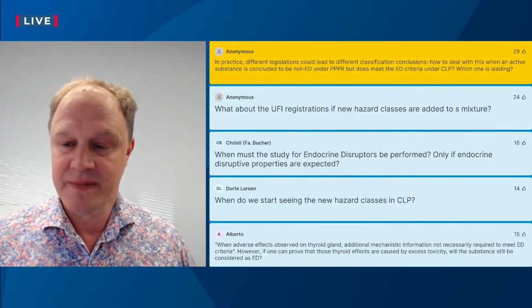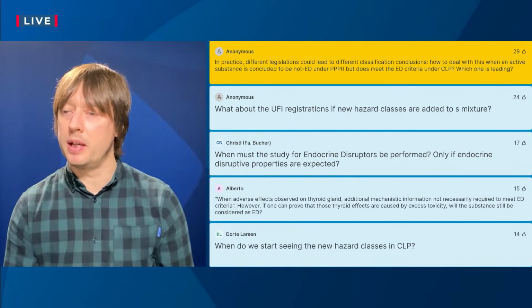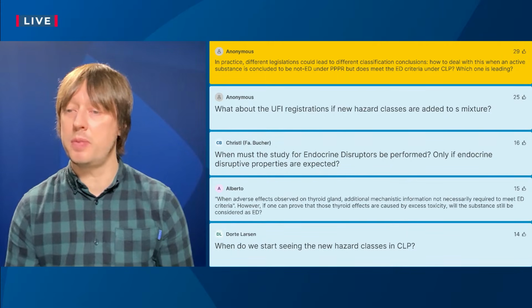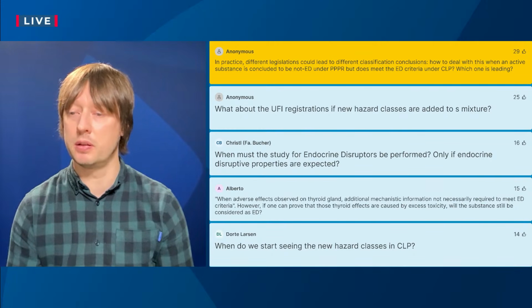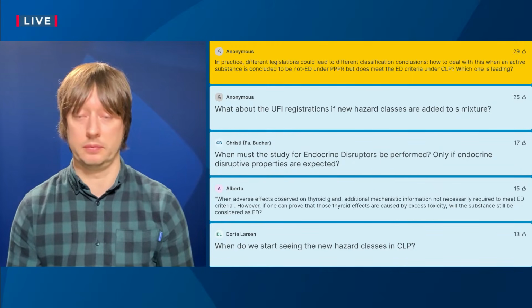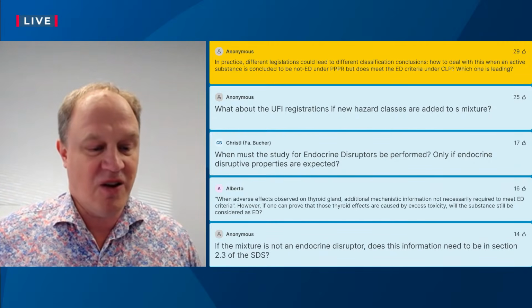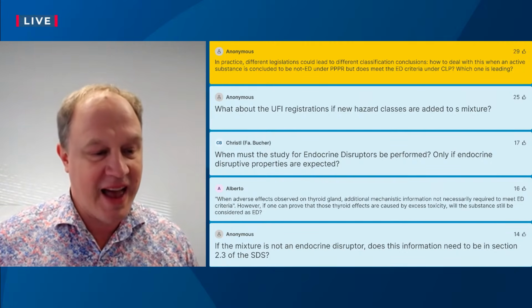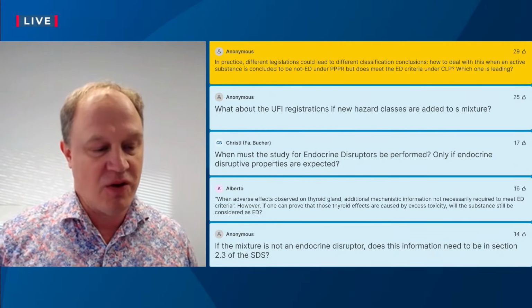Thanks. There was an addendum to this as well in the replies, which I'll just put to you as well, Nicholas. If CLP is leading, which we just clarified that it is, would this pesticidal active substance then not be approved via ECHA, even if the classification concludes that it is not an ED? I guess this is also a very hypothetical question, based on one substance, one assessment reasoning. I would not think this would happen unless there's a substantial amount of new information that EFSA didn't look at in the first place.